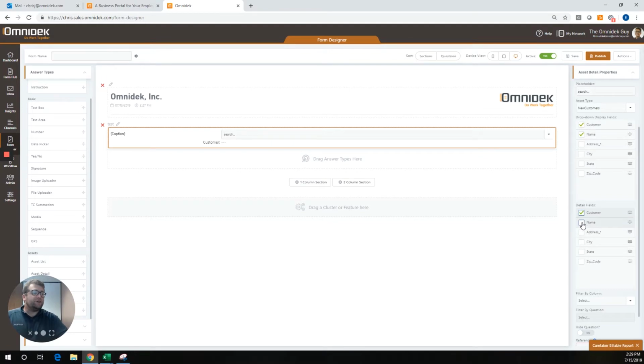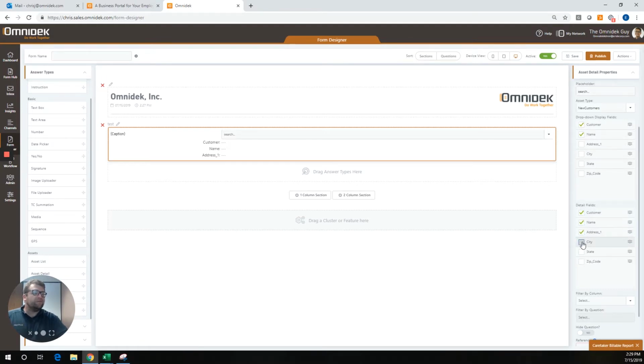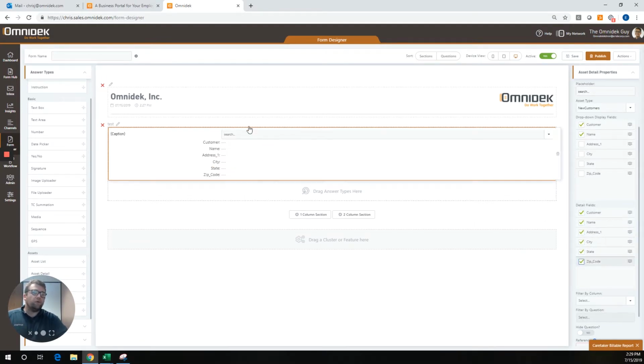If I just start checking off the different details, this is now showing up on the form itself. So whenever I select that question, it's going to backfill and populate all of that information. Now, I have the opportunity to move these things around to get them in different orders if I want to. So this is how I reorganize it here. But this is as simple as it is to create a simple pick list or a backfill opportunity with this